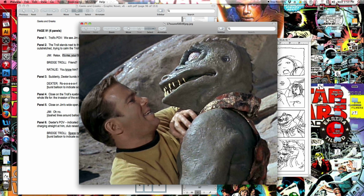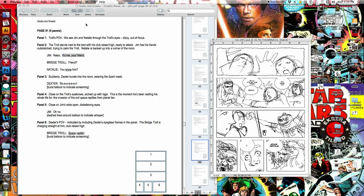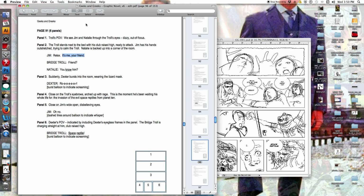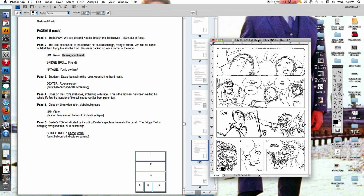and I'd have to show not only the eyeglasses, but I'd have to show the outline of the mask, and that's just going to be a really difficult shot, and I think it's going to be confusing to the reader. So I opted to go with just a close-up of the bridge troll charging at Dexter, and I wasn't quite sure about that. So you'll see as I drop in the inks,